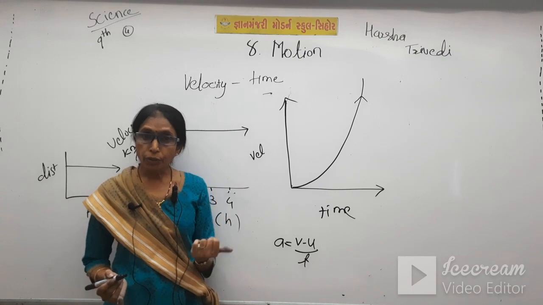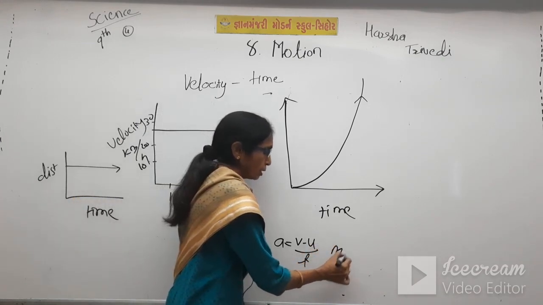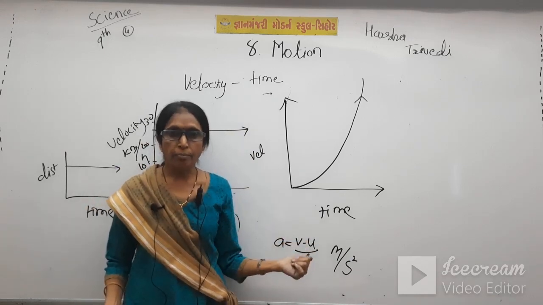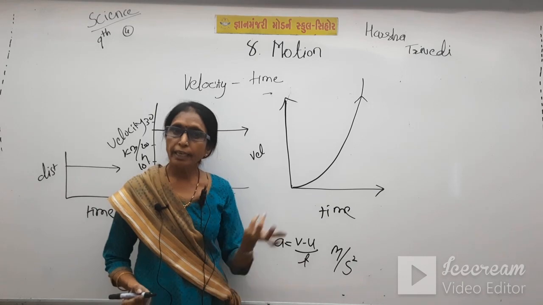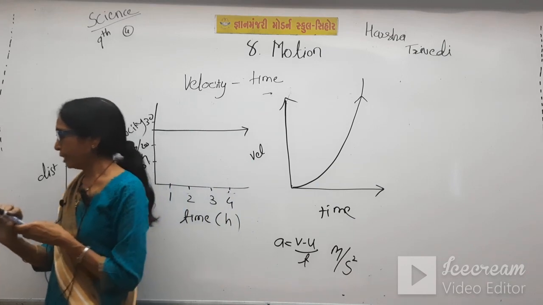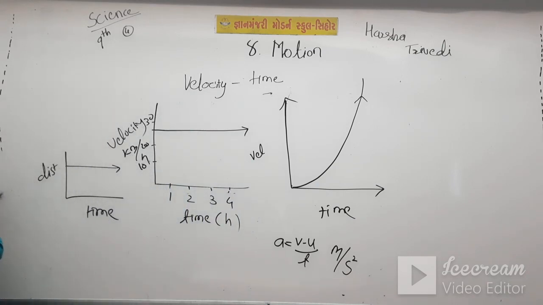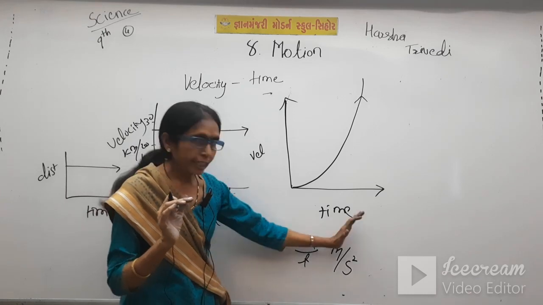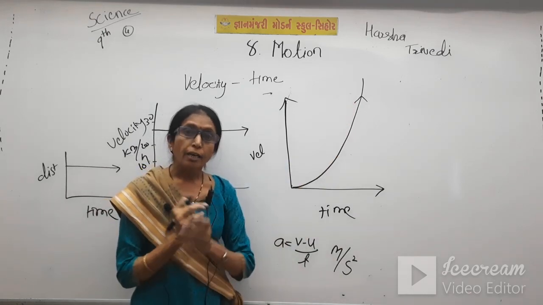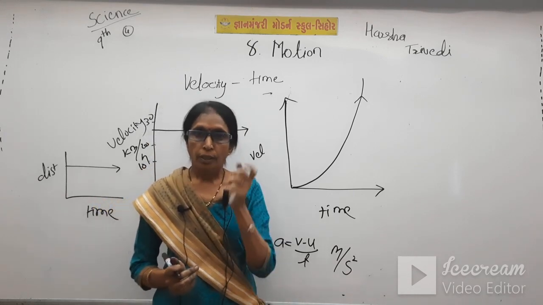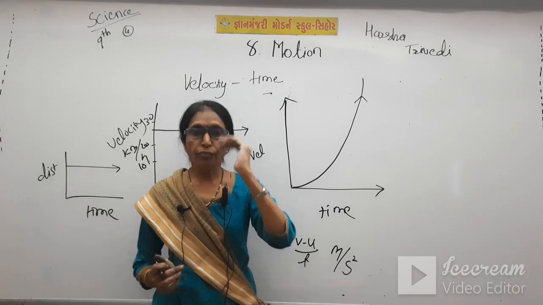Also we have learned that the unit of acceleration is meter per second square. This is the new physical term introduced here. You haven't learned this in the lower standard. So this is about the accelerated motion. Now, this is the accelerated motion. Now, what is uniform acceleration? Today I am introducing a new term. So, not only the acceleration but uniform acceleration.